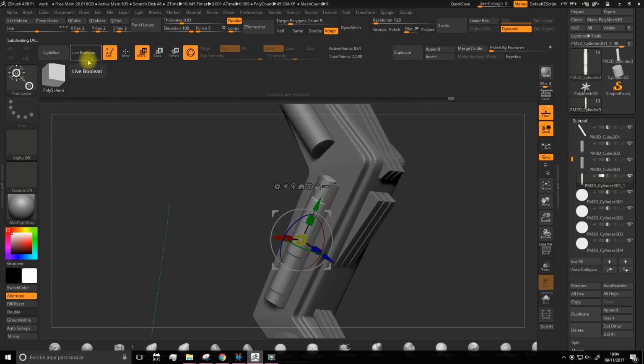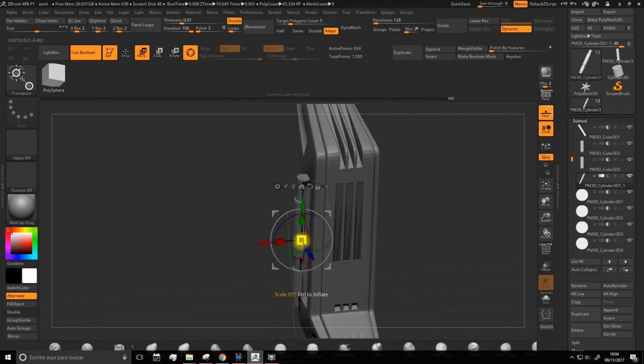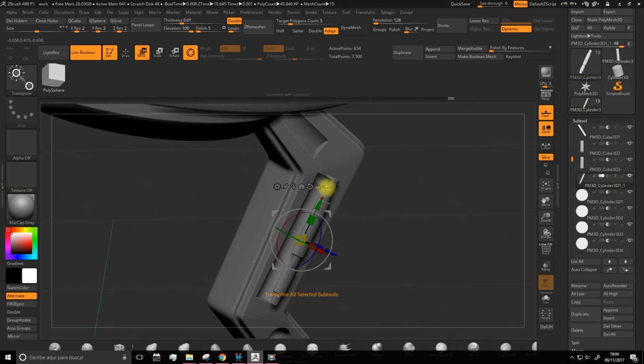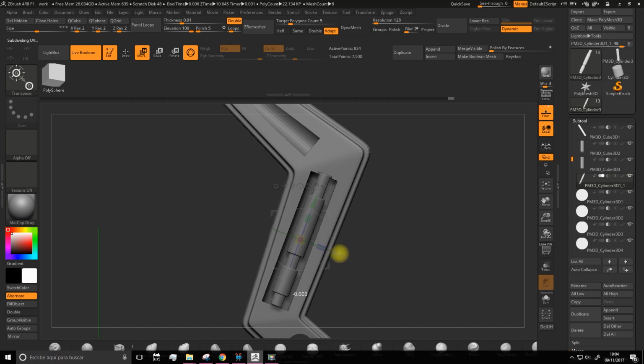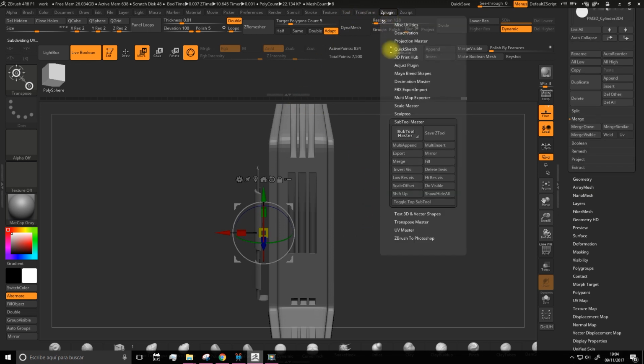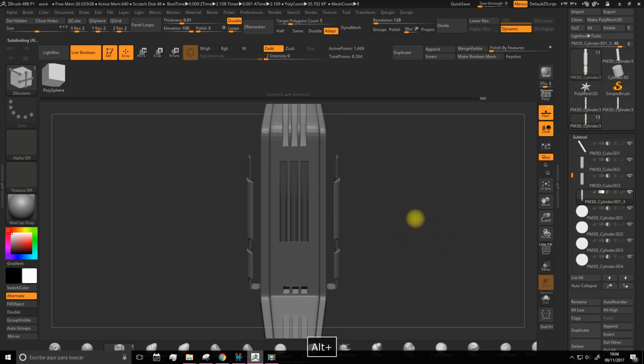Remember that as live boolean is deactivated, we can see the cylinder. So let's activate it, see what happens. And you might wonder, what's happening? Well, as we place the boolean, this has been affected too, but don't worry about that for now. Just place it like this. We'll go to Z plugin, mirror, merge, and select the X-axis. Okay,